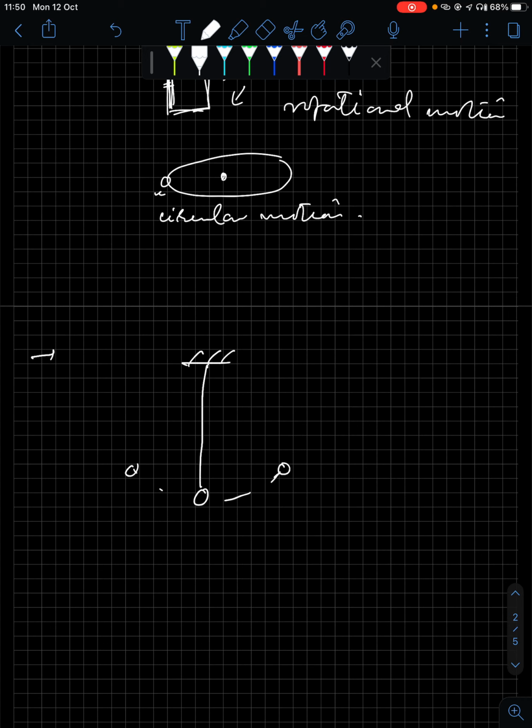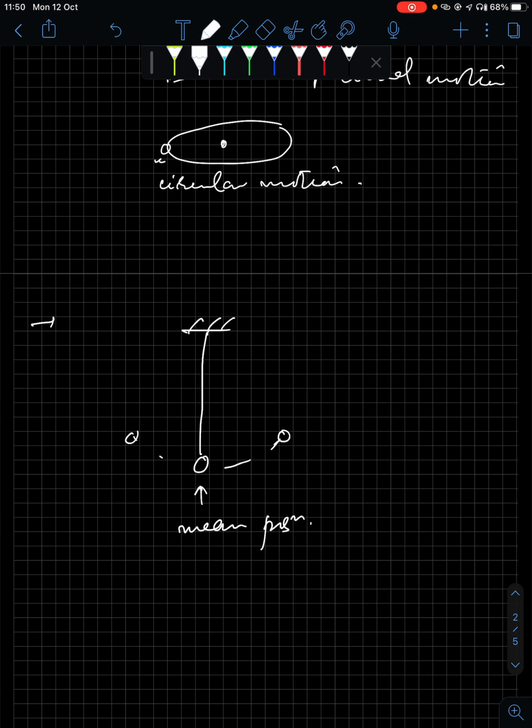When you disturb its stable position, this position is called the mean position, right? The pendulum tries to attain this position, or keeps a tendency to stay in this position. Now when you move it to the extreme, the maximum displacement, you call it amplitude. This is the extreme of the pendulum, so on both sides you'll have amplitude, right? This pendulum moves to and fro this way. This is the motion of the pendulum, right?